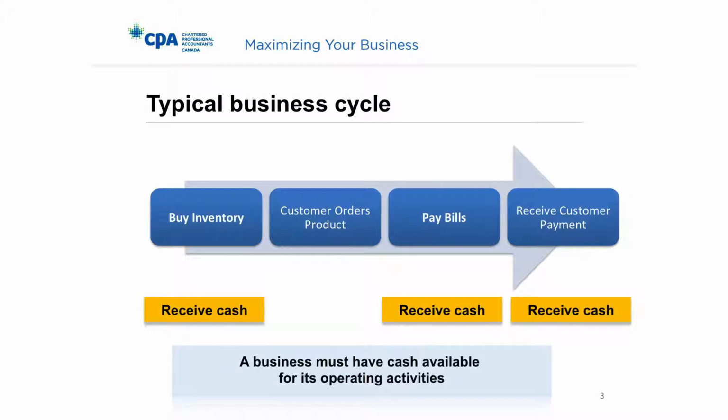So a business must have cash available for its operating activities. A typical business cycle might be purchasing inventory, selling product to your customers, paying your bills, and receiving payment from your customers. And there may be a time lag in between these different stages of a typical business cycle. Purchasing inventory and paying bills require the business to spend cash prior to receiving payments from customers. Since cash must be used before it's received, it's important to understand how much cash is needed in day-to-day operations